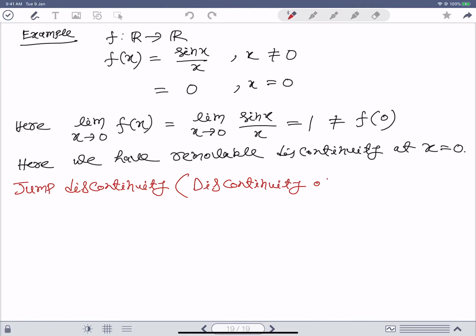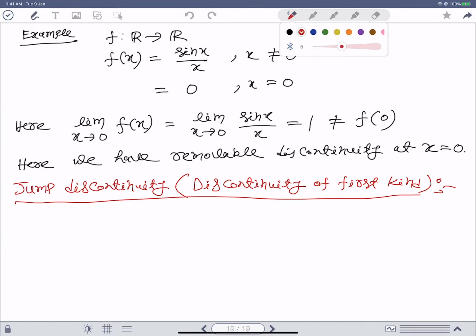Discontinuity of first kind. Okay. Now if